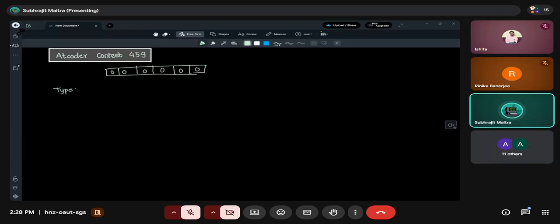A type 1 operation is represented as 1 and x. The 1 is the type, and x tells that at index x in this row, increase the amount of blocks by 1.